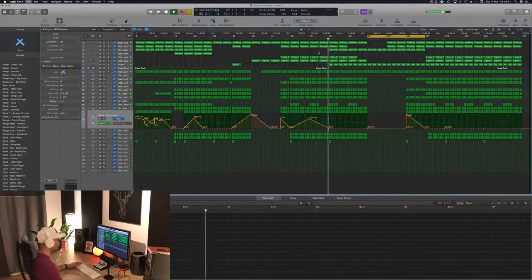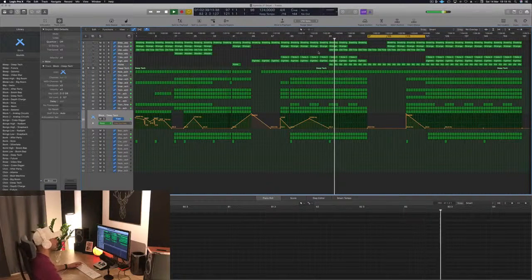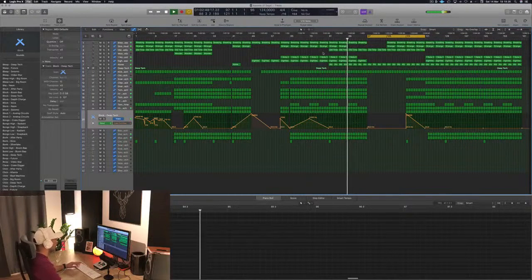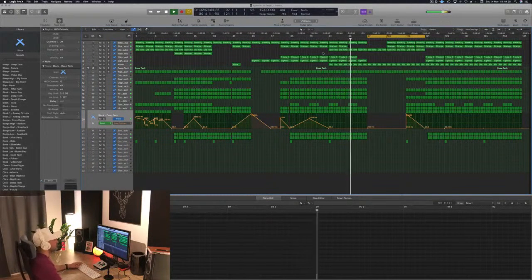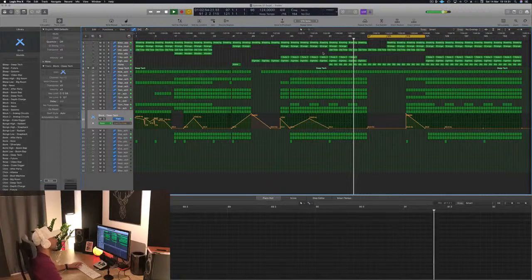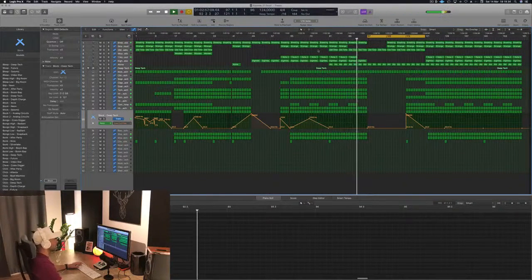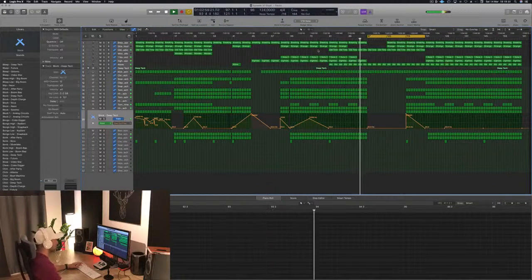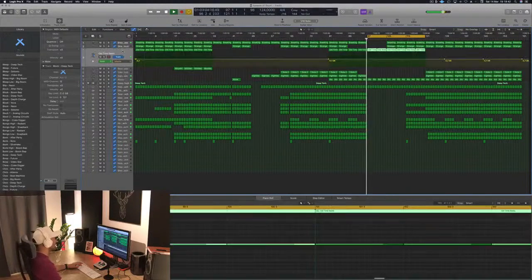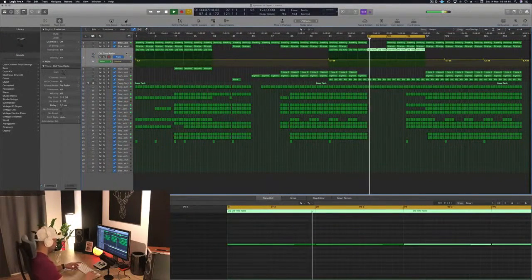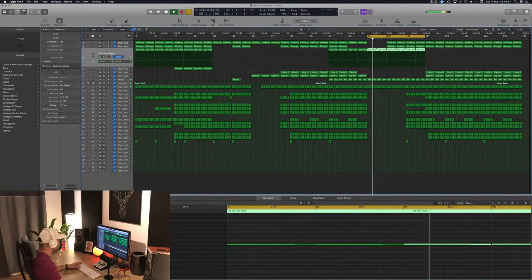So much energy that Logic can't take it. In the mix. Oh, and there's a volume automation there. No gracias.